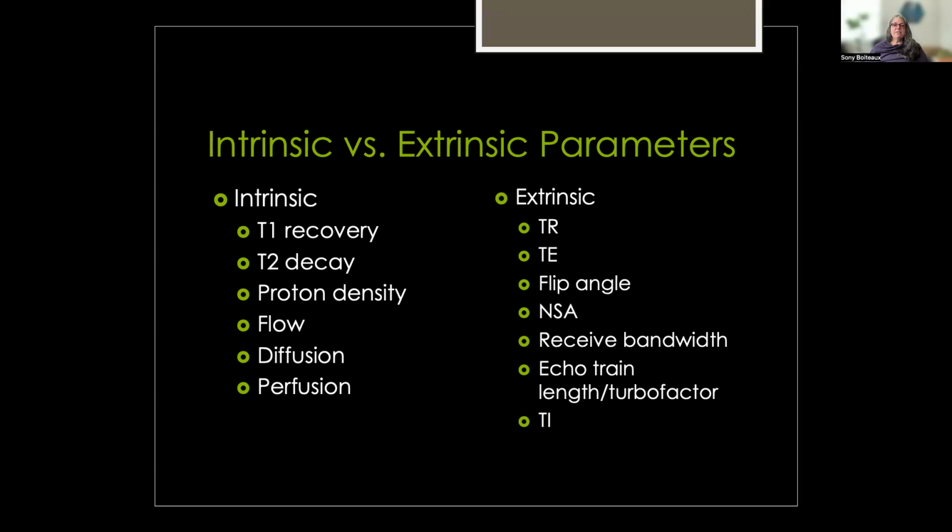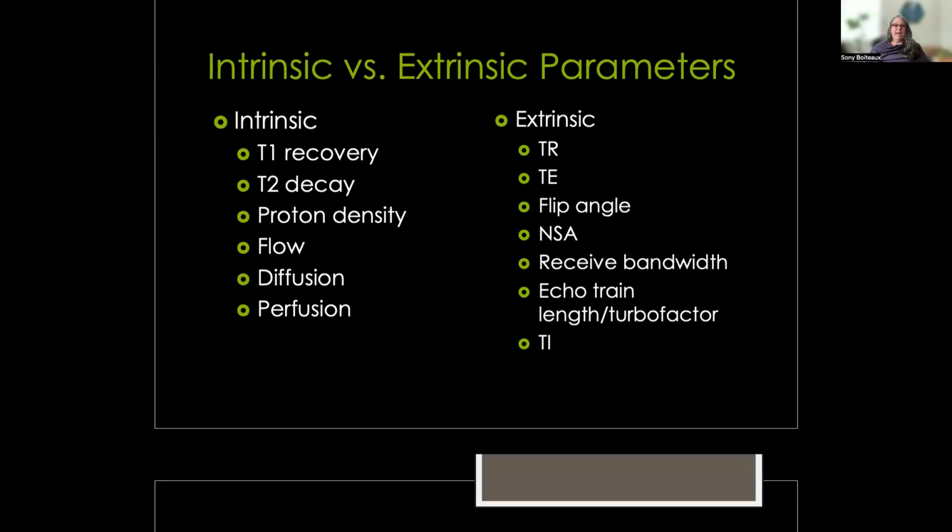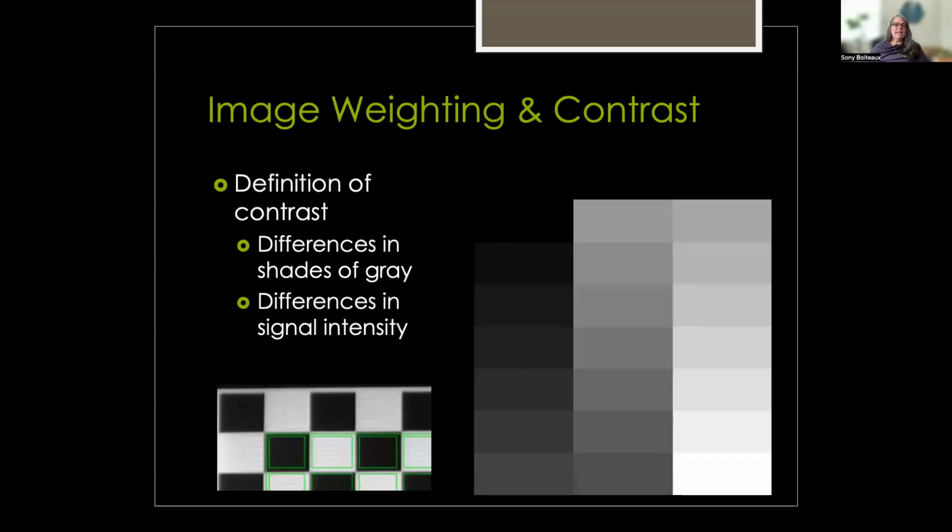So TR is going to be a measure of time, or a time interval in between each of those radio frequency pulses. So we get to adjust what that time interval is, and that is going to impact our image contrast. And of course, contrast is just differences in shades of gray. With MRI, where we end up with our differences in shades of gray is because we have differences in signal